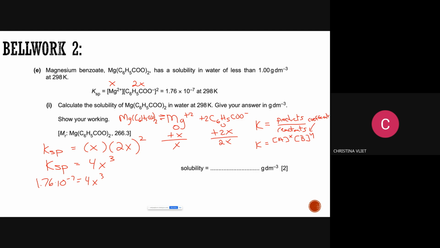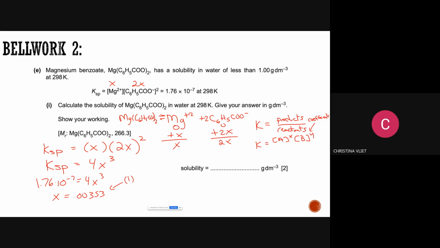And then we solve for x. If you solve for x correctly, you'll get 0.00353. And if you got this answer, this was worth 1 mark. That was 1 mark. The second mark is to change this mole per dm cubed and to change it to